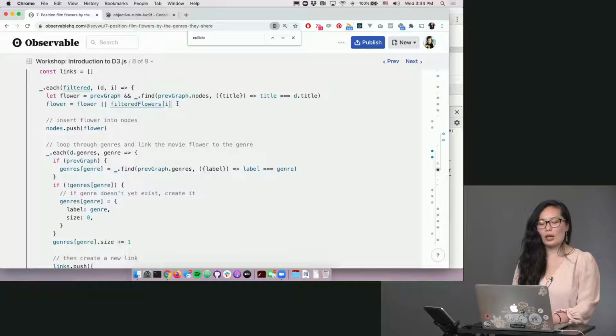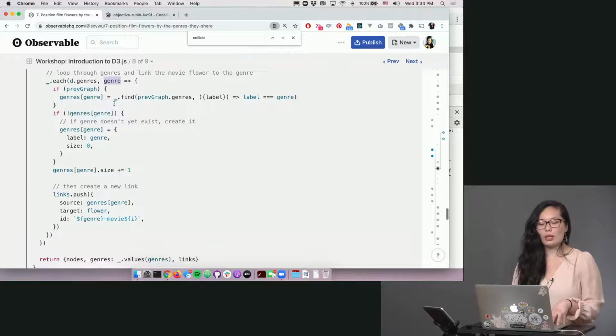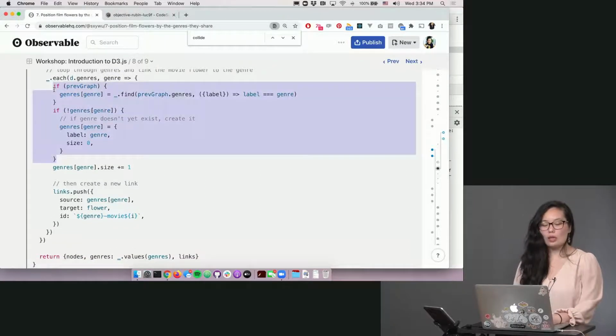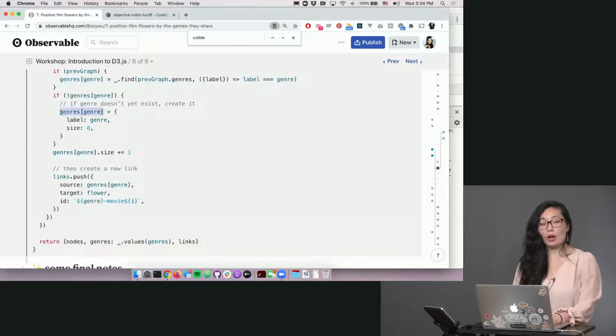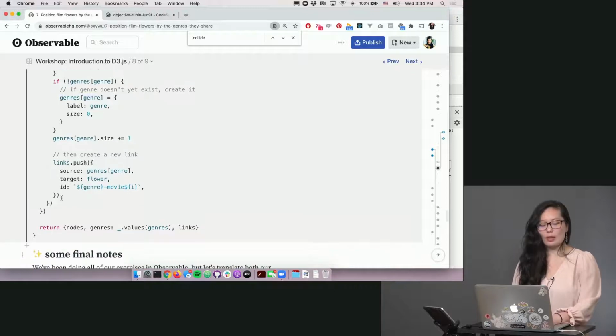For each of the genres on that film, I'm going to loop through all of the genres and I'm saying go and find the genre, and if it doesn't exist, then create it, and set the genre on the genres object. And finally, create a new link where the source is